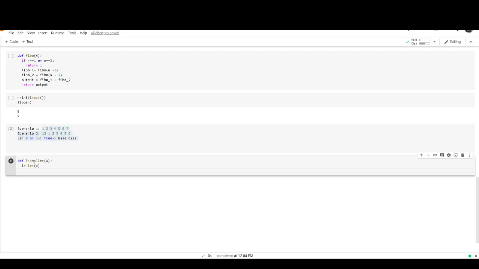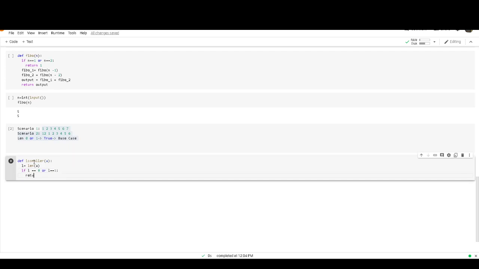We need to prove the first base case: if L equals 0 or L equals 1, it should return true. Am I right?